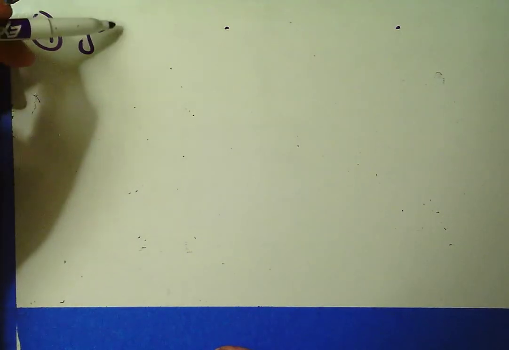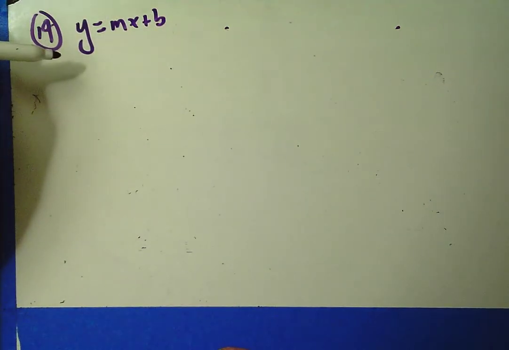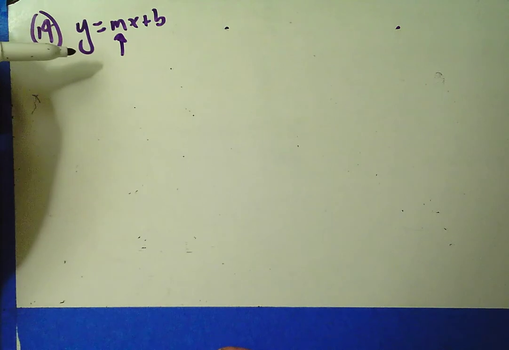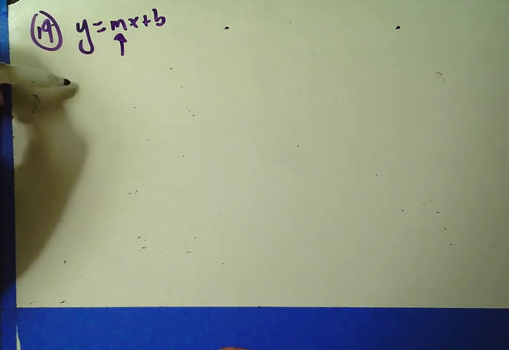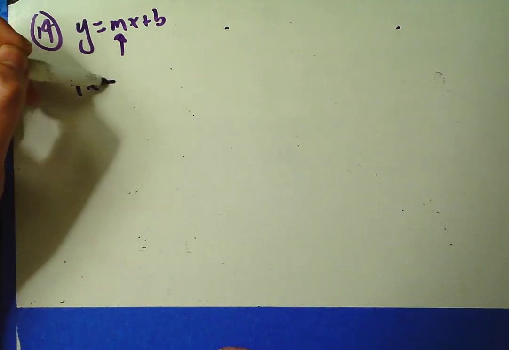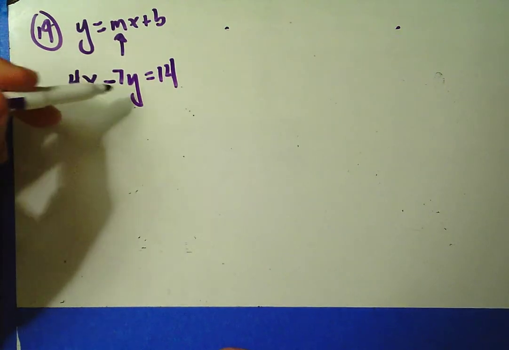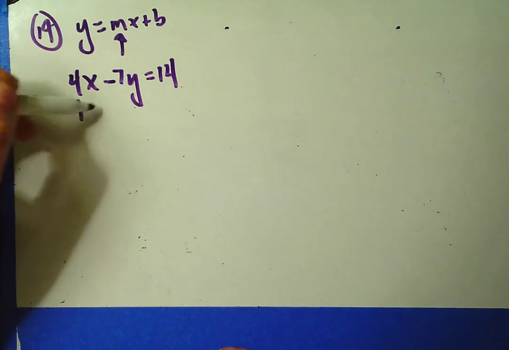the line? Well, in order to figure out slope, I really want to see slope-intercept form, y equals mx plus b. Right now the problem is in standard form where the variables are on the same side. So in order to be able to read the slope, I'm going to need to solve this equation for y equals. So I'll start with 4x minus 7y equals 14, and I'll think about solving for y first by subtracting